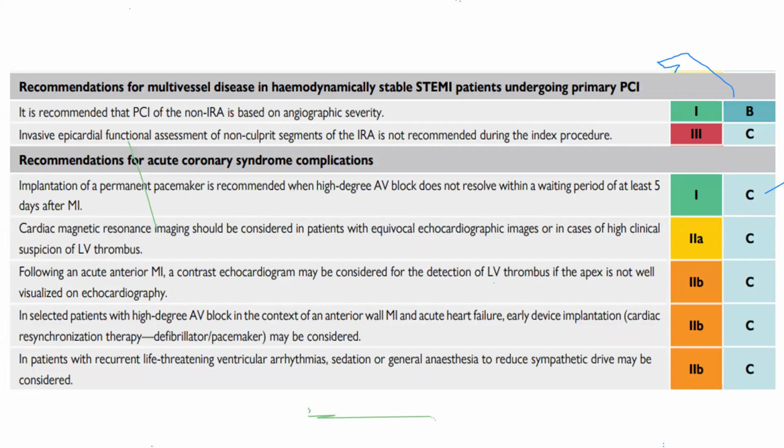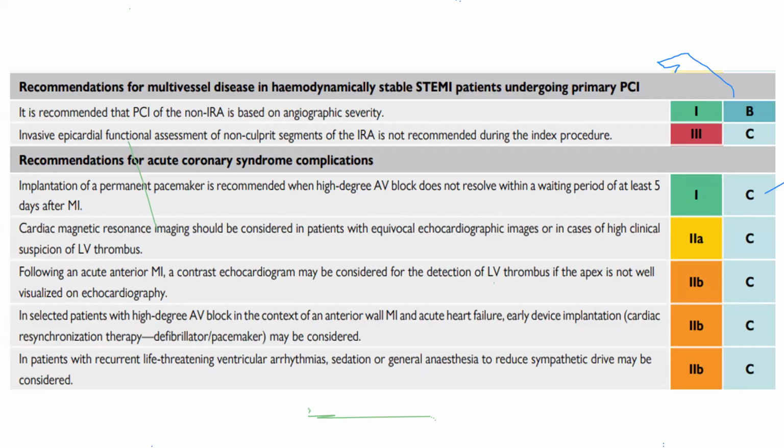It's a 2A recommendation because we know the limitations of transthoracic echocardiogram, especially when it comes to visualizing the apex of the LV. Even in the absence of apical thrombus, it may be challenging to see the apex clearly unless in patients with very good echocardiographic windows. So in the sense where we think there's high risk of apical thrombus or LV thrombus,